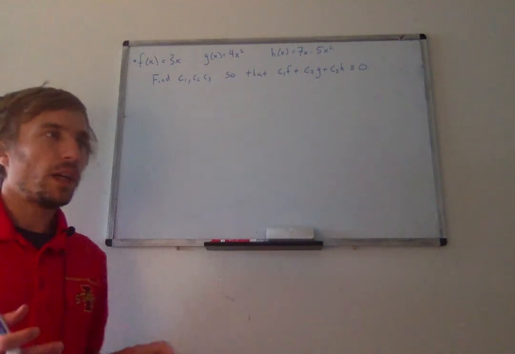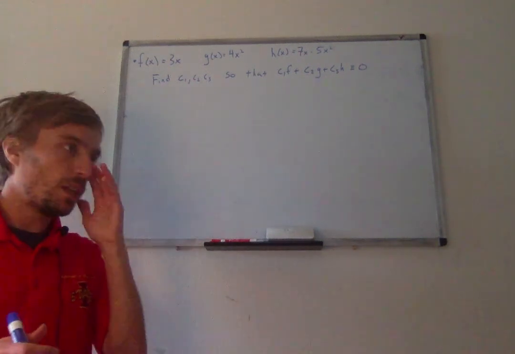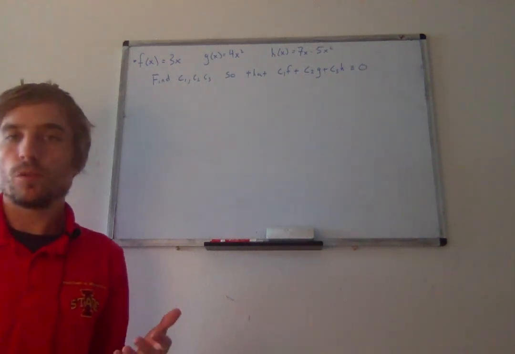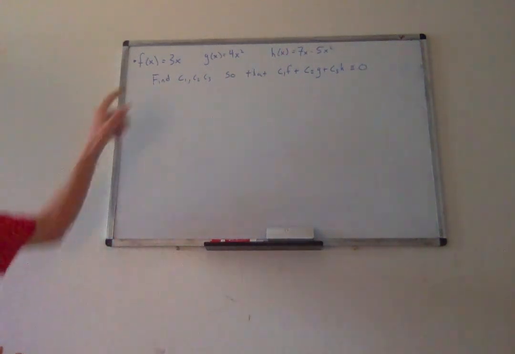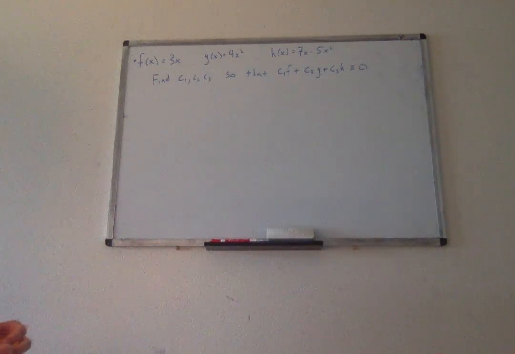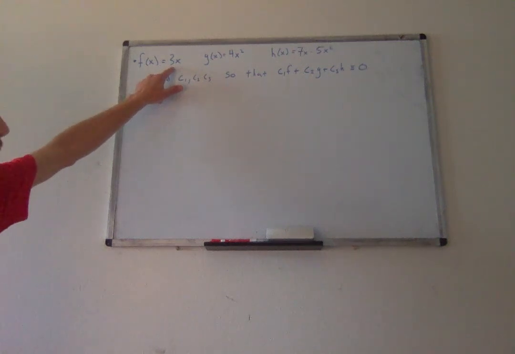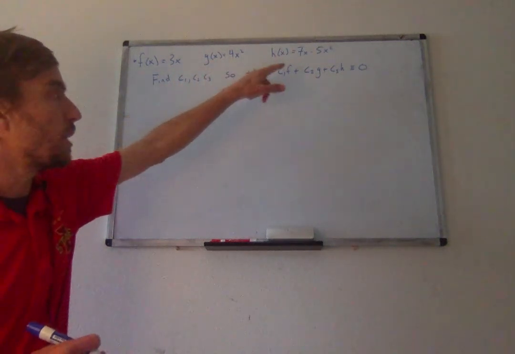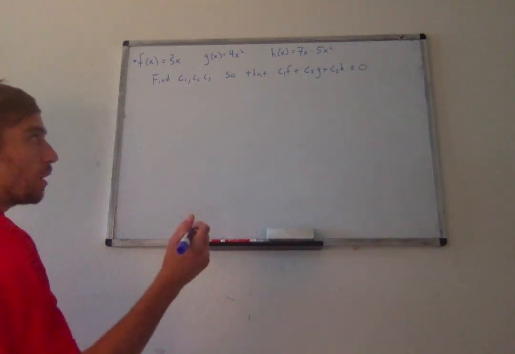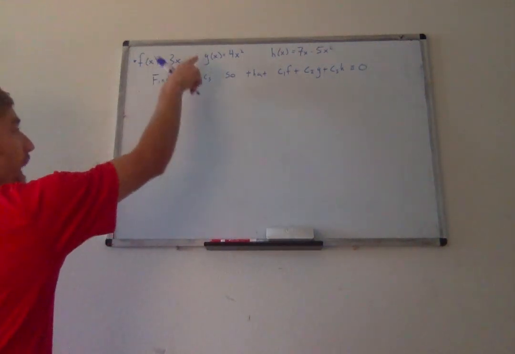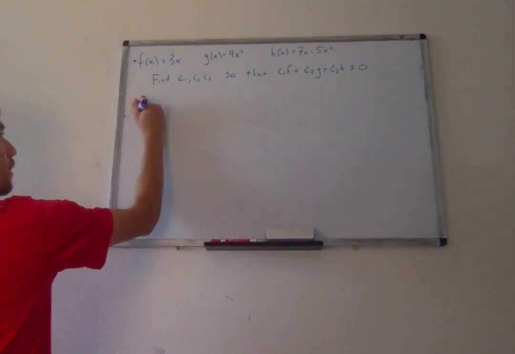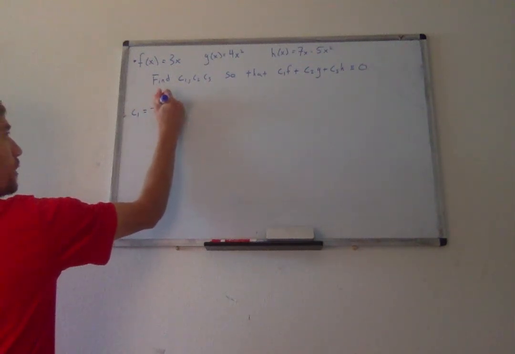So this way, generally if you're given these functions and we want to do it this way, the functions themselves won't be terrible. So if you have 3 functions that look like this, notice f of x just has a linear term, g of x has the quadratic term, h of x has both. And so you can actually just eyeball it and figure it out, because when I add the 3 together, this term is going to have to cancel out this term. So if I let c1 equal negative 7/3,